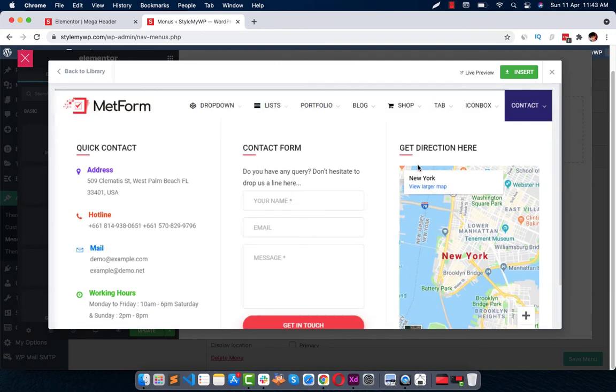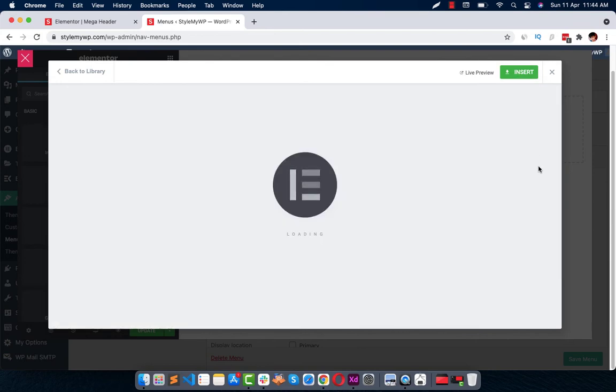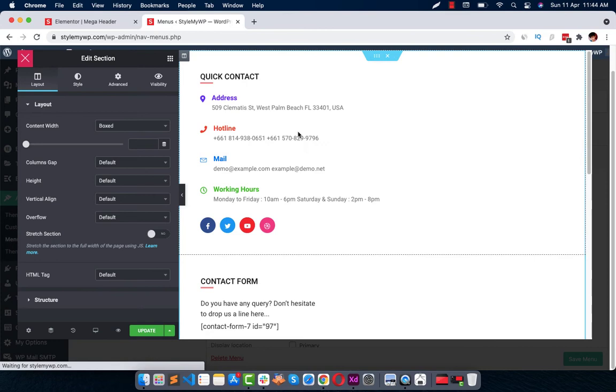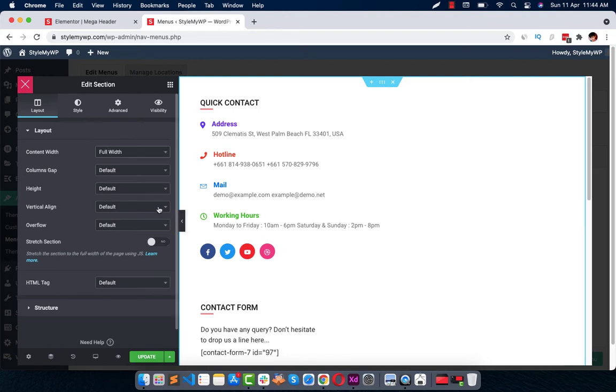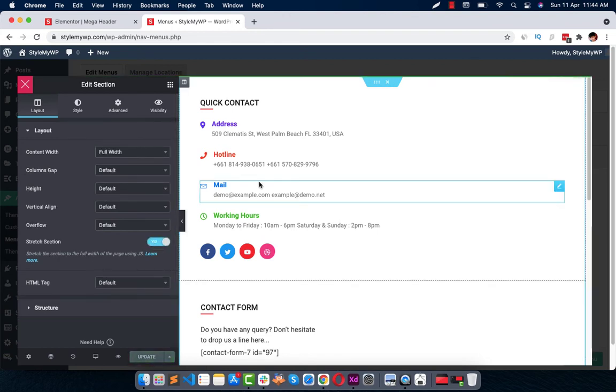It already gives me a lot of content, so let's insert this. Yeah, boom, it's all there. So make sure you have chosen this full width option and stretch section so as to see content in a very proper manner.